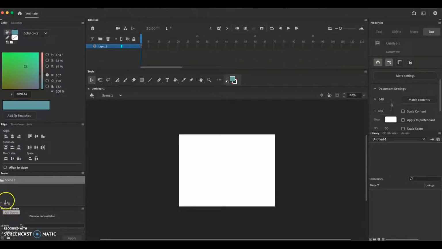And that means add scene, but we'll talk about that more in a little bit. So down below are motion presets. We'll get to those later. Along the top up here, along the